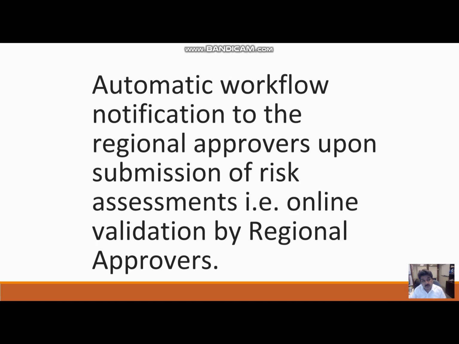Without uploading the file, you can't even submit the assessment for validation by the regional approver. Now this brings us to the other feature we have added, the automatic workflow notification to the regional approvers. The moment you submit the assessment for validation, an automatic email will go to the regional approver who is defined in the system for your business unit.